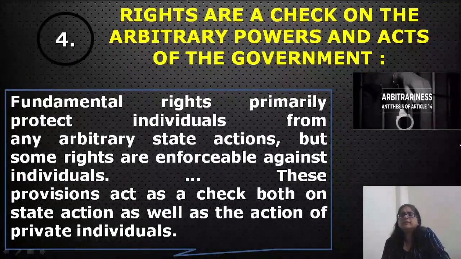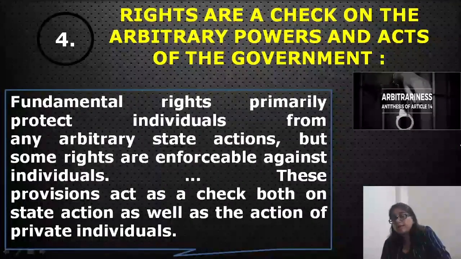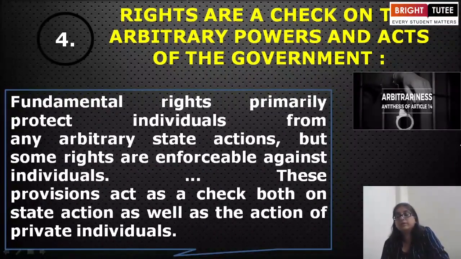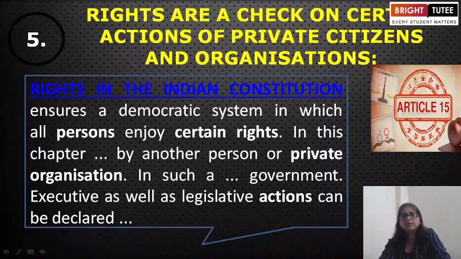Then there are the rights that check the arbitrary powers and acts of the government. That means the fundamental rights primarily protect individuals from any arbitrary state actions. But some rights are enforceable against individuals. These provisions act as a check both on state action as well as the action of private individuals. Rights are a check on certain actions of private citizens and organizations. It ensures a democratic system in which all persons enjoy certain rights. In this chapter, if rights are violated by another person or private organization, such government, executive, as well as legislative actions can be